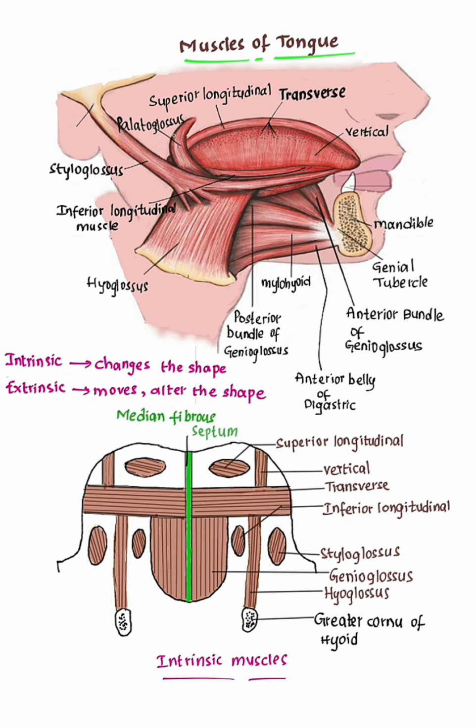Palatoglossus. It arises from the oral surface of the palatine aponeurosis. It gets inserted into the side of the tongue at the junction of oral and pharyngeal parts. It pulls up the root of the tongue, approximates palatoglossal arch.